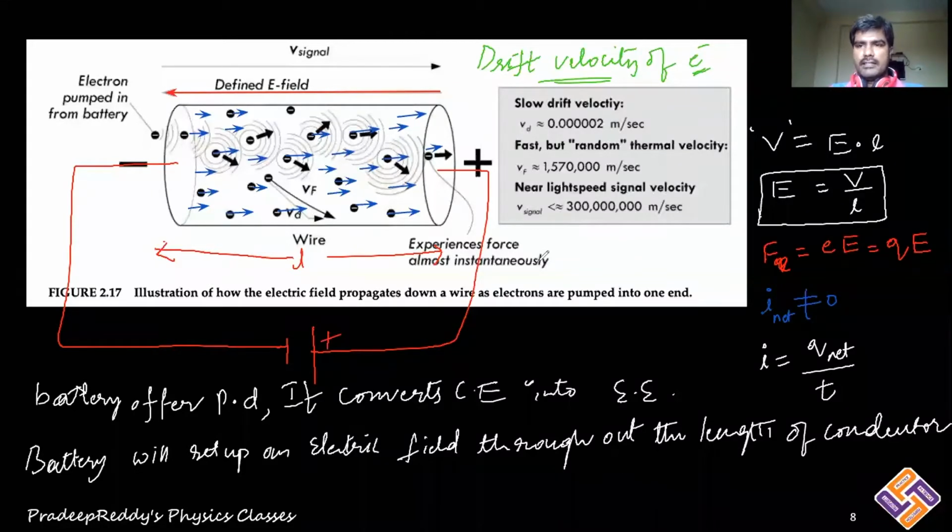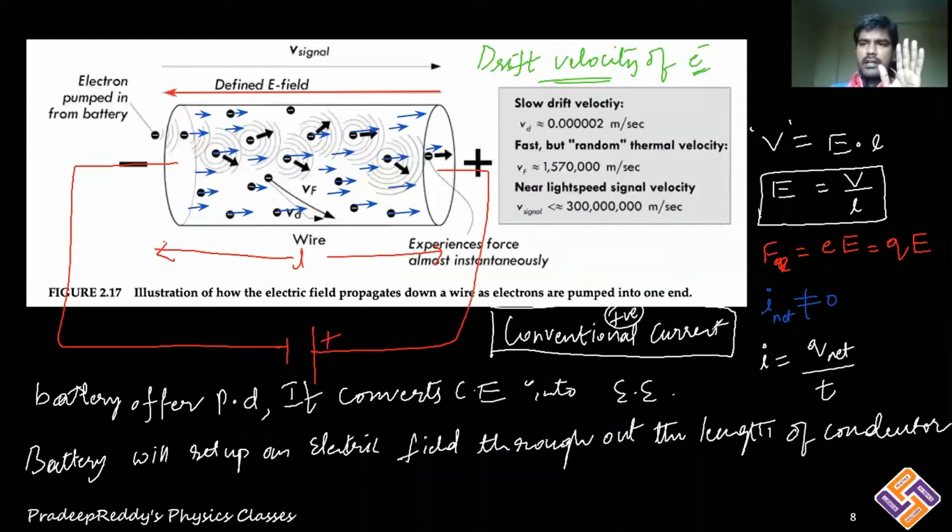That is electron current. But when we are dealing with current as a tensor, or you can take it as a scalar, you need to represent it with a positive sign. Therefore, usually you will be taking this current I as conventional current. Remember that it is conventional current which we are defining. And this conventional current is the current produced due to positive charges. But of course, positive charge does not move.